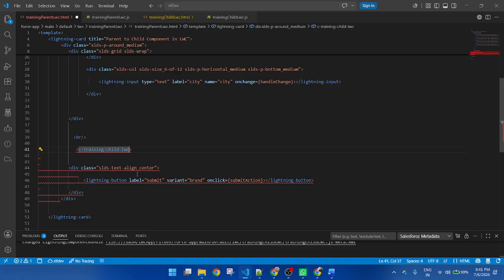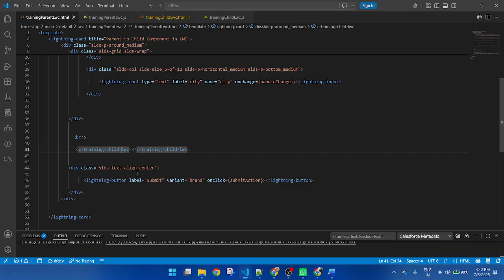Everything will be small letters, not capitals. Then close. Understood how I call the component in the parent component? Instead of a capital letter, I change it to a small letter, and between the two words I pass a dash. Understood, Pratik?